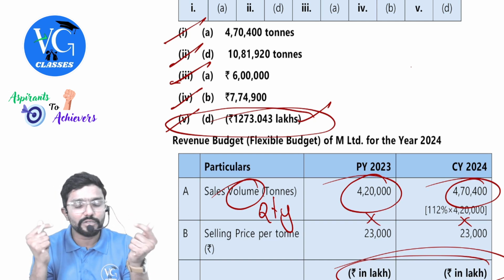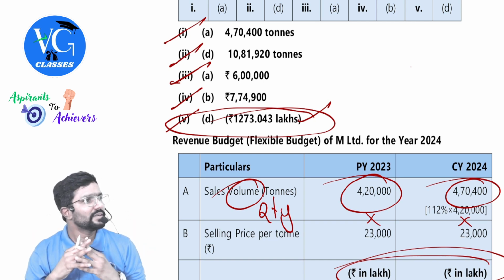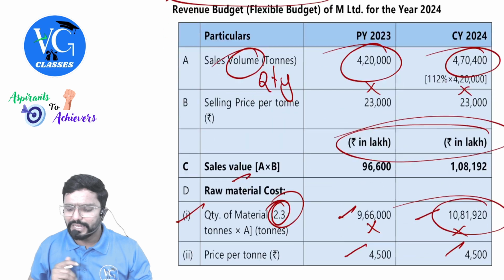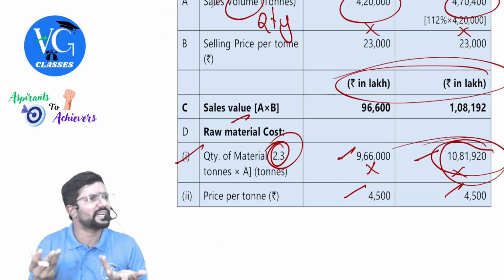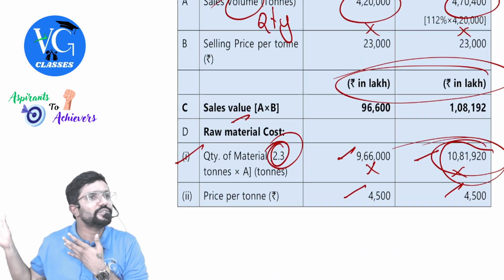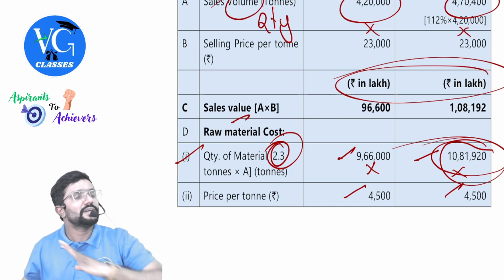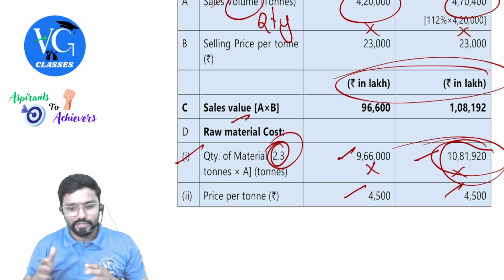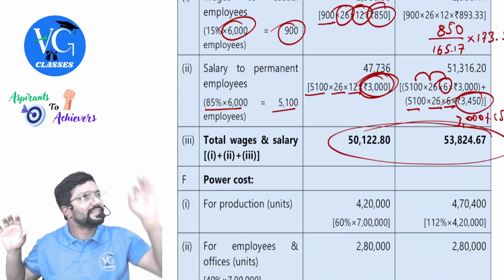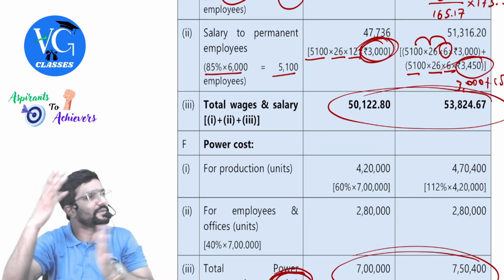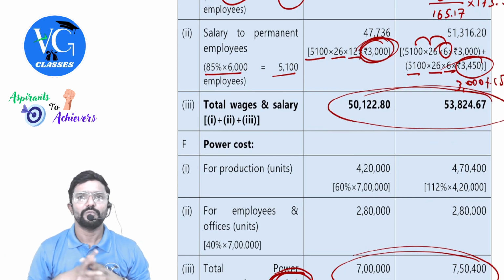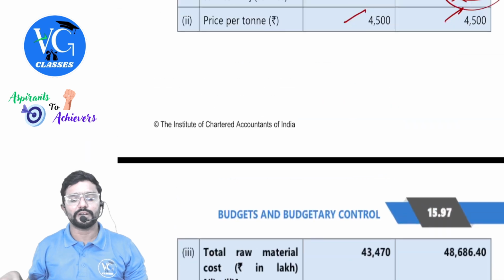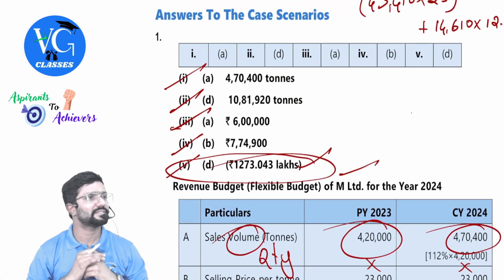Clear? Just by reading the question only, we answer two or three things. Clear? Others may be small calculation. For example, this is one small calculation. We can do it. Even actually, just by seeing the question, you can do it. You need not do all this. There itself, take the respective cost, add 30%. That's all. Only thing which will take too much time here, time consumption is the last one.